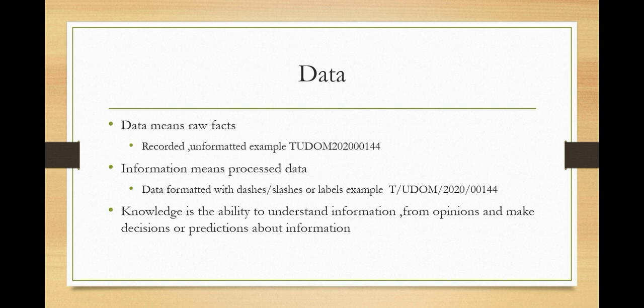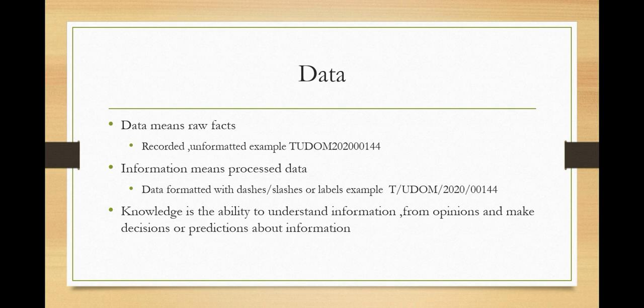So in this slide, we'll talk about data and make you understand what data is and how it differs from information. Speaking of data, data is a raw fact. We say it's a raw material that is recorded, but it is unformatted. So we talk of unformatted information such as words and numbers. And in fact, because they are unformatted, data have no meaning in themselves.